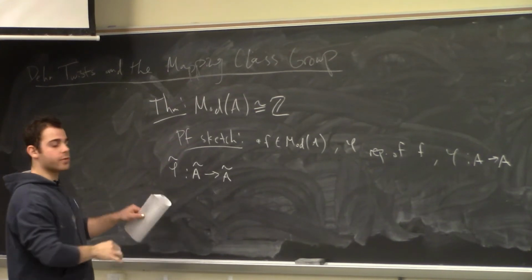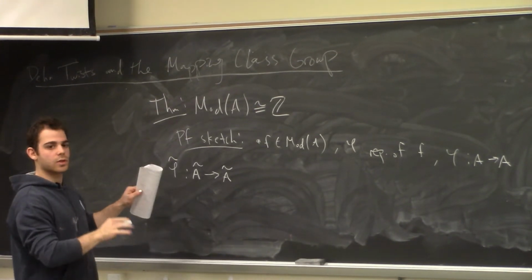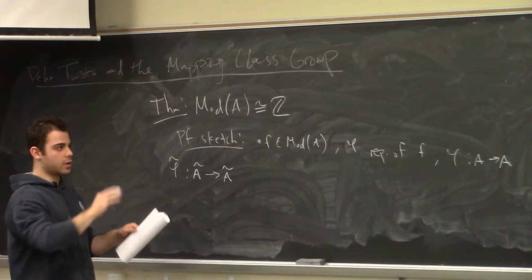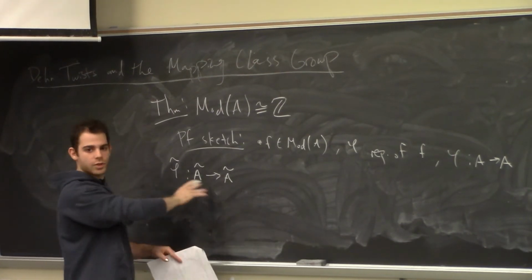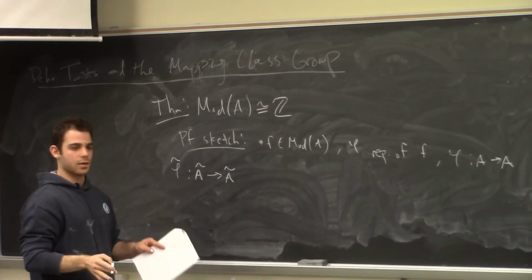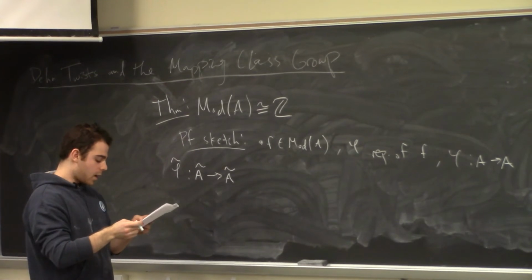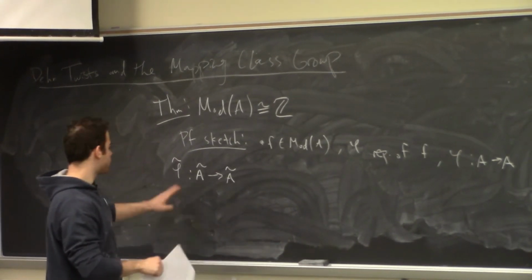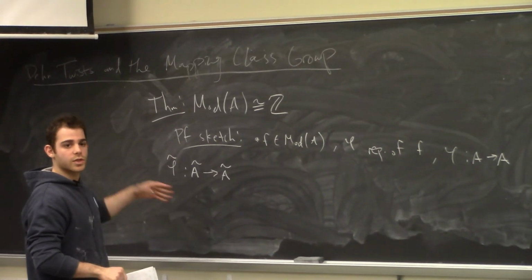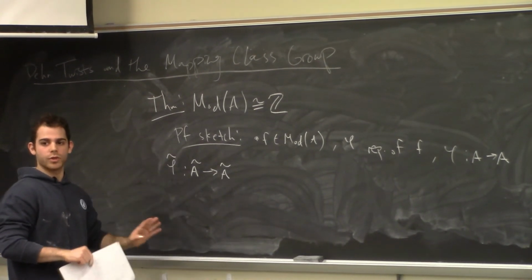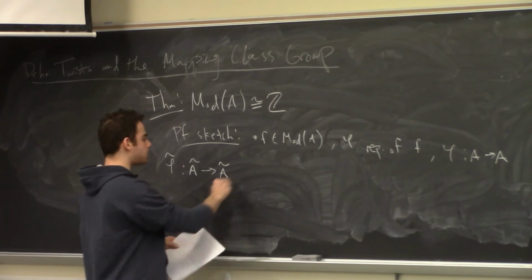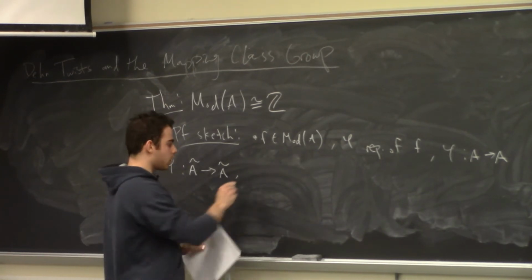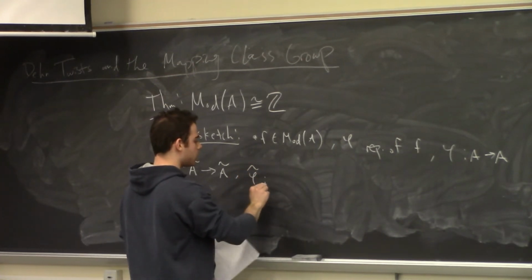And we already know the universal cover of the annulus is just R cross the interval, so you can just think about that. I just don't want to write R cross I every single time. And there's a preferred lift, which says that this one fixes the origin, because there are many different lifts in general, but we're just fixing one. And moreover, we can set this phi1 to be